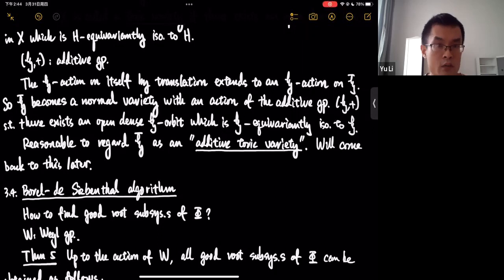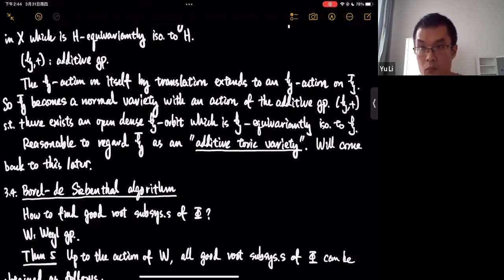Okay, so now H bar is what? H bar is a normal variety. It has an open dense H orbit, which is just the finite part. And the finite part, of course, is isomorphic to the additive group H. So in this sense, by analogy with the usual toric theory, it's reasonable to regard our H bar as an